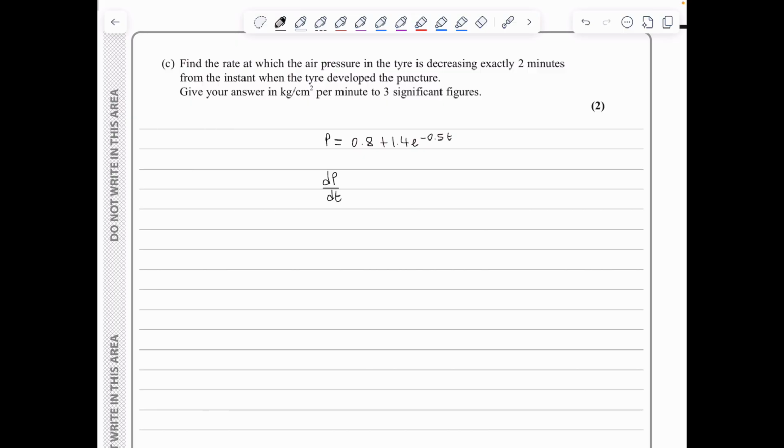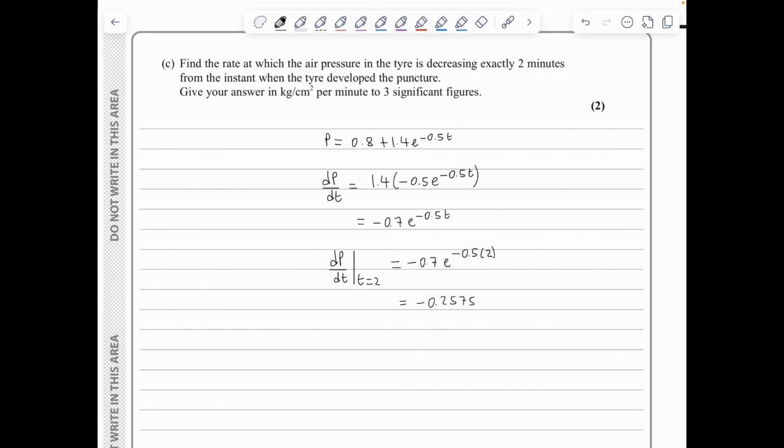Now the 0.8 vanishes, and then for the exponential term, I will multiply by the coefficient of t, and I will keep the exponential term. So we've got 1.4 times negative 0.5 e to the negative 0.5 t. So this simplifies to negative 0.7 e to the negative 0.5 t. And I will proceed in evaluating dP/dt when t is 2. So this is negative 0.7 e to the negative 0.5 times 2. If I plug this into the calculator, I get an answer of negative